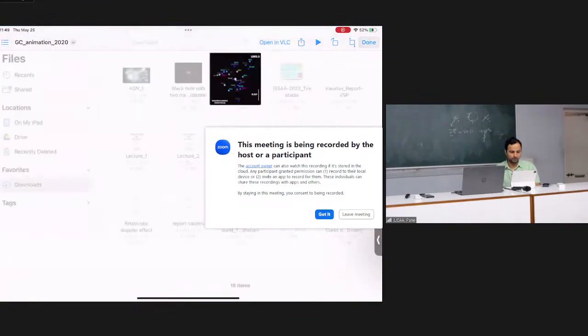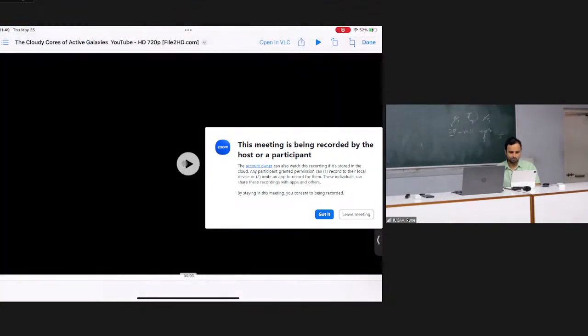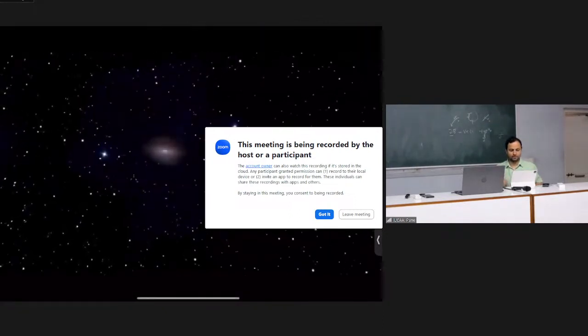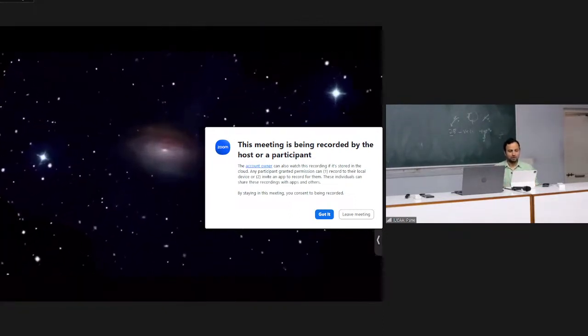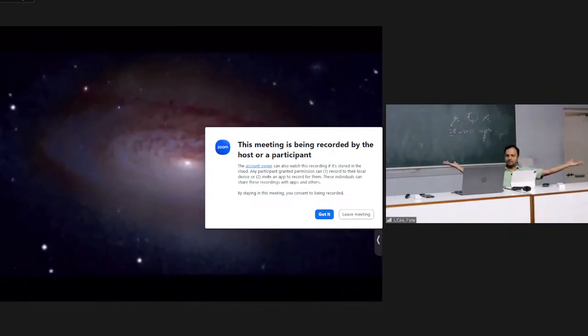Fine, we are done with this, and then we'll go with this. Shall we start? So let us take a picture. What you are seeing here looks like a normal galaxy. In the galaxy, let us